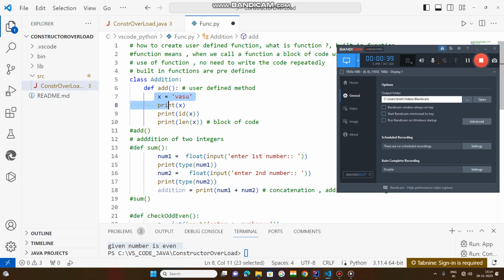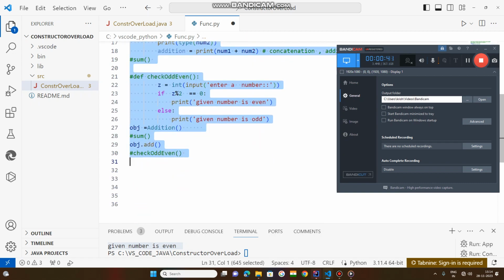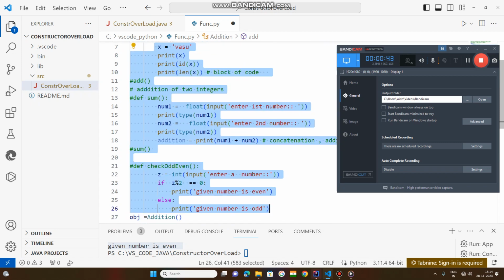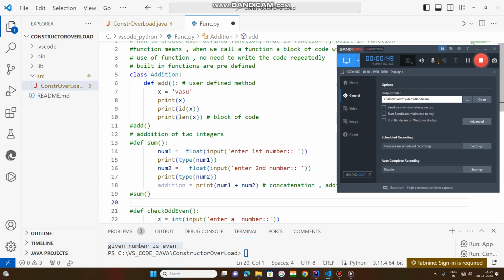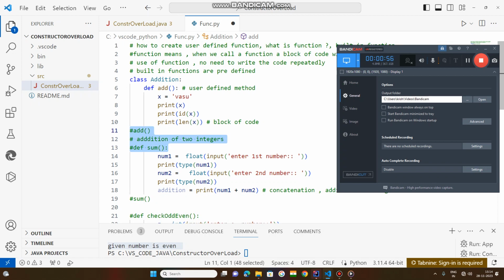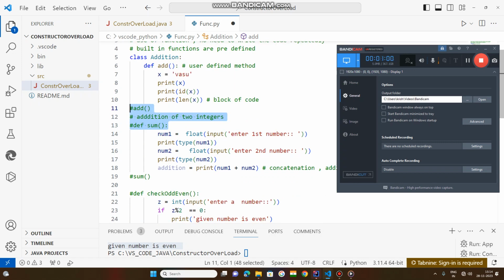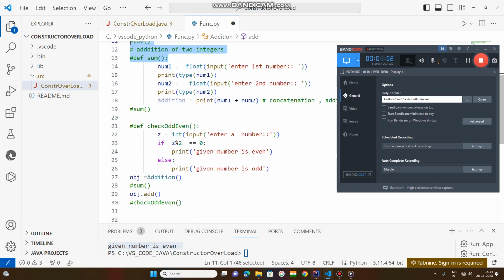Under this block of code up to here, wherever I put the hash, that is the comment section. They will not be read by the interpreter. These lines, these two lines, these three lines, five lines, will not be read by the interpreter. Only when you are calling object dot add, the Python interpreter understood that okay, this method is